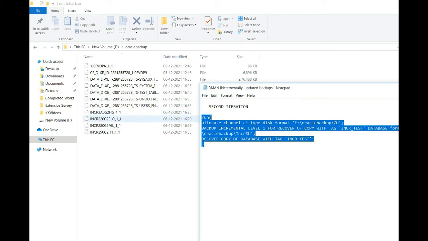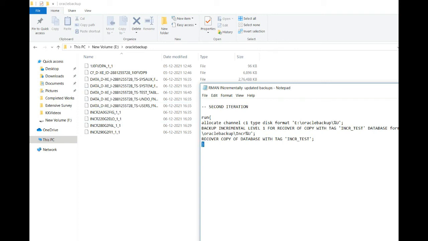So it's like just applying the changes which are present in incremental backup to these actual data files. So that is already done with the help of this command. So in case of disaster, what you have to do is just point the data file location to the image location. Okay, so that's what is done here.